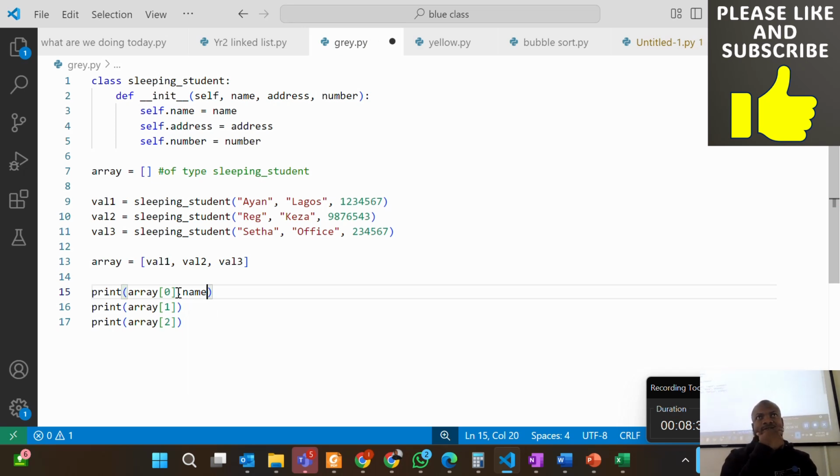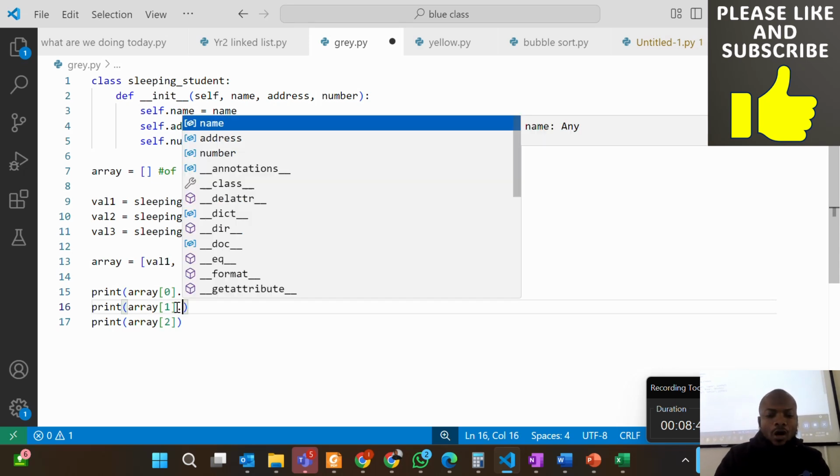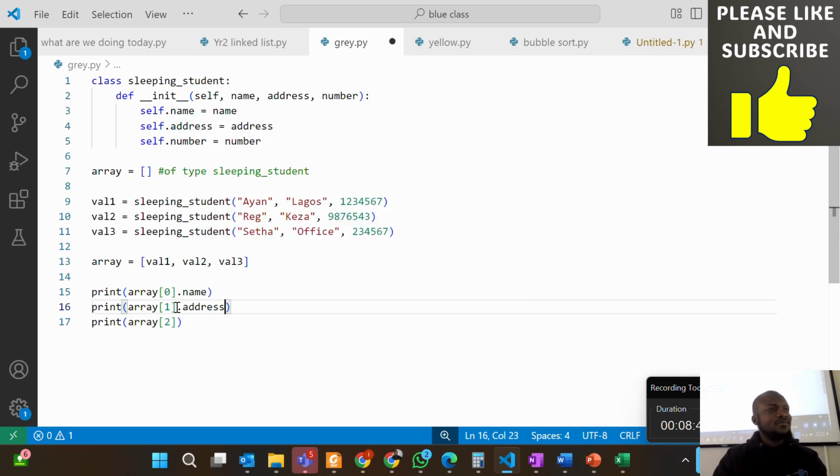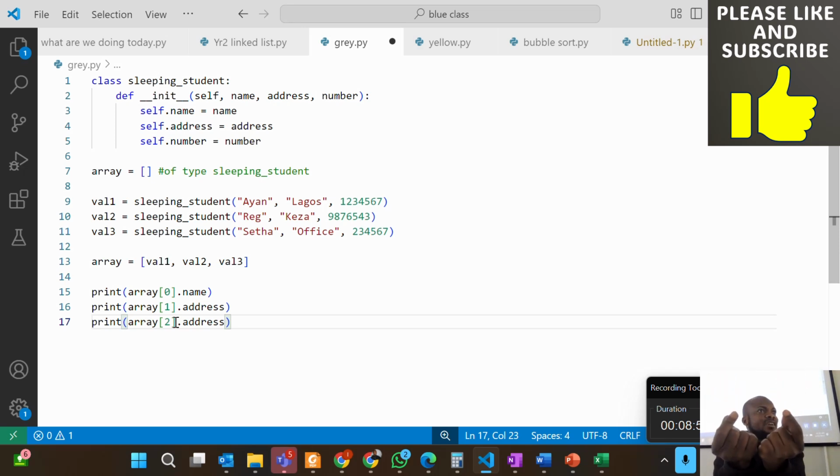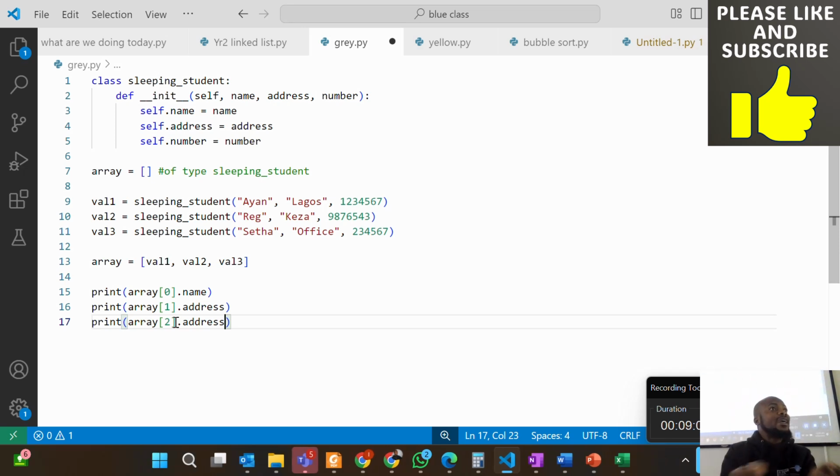Do you understand? If I want to see the address of array 1, array 1 dot address. If I want to see the address of array 2, array 2 dot address. You will now use that dot to access the attributes and methods. But this class does not have a method, and that's why you don't see me putting brackets after name. If you put brackets, it is a method. Without brackets, it is an attribute. Is that understood? So if I run this now,